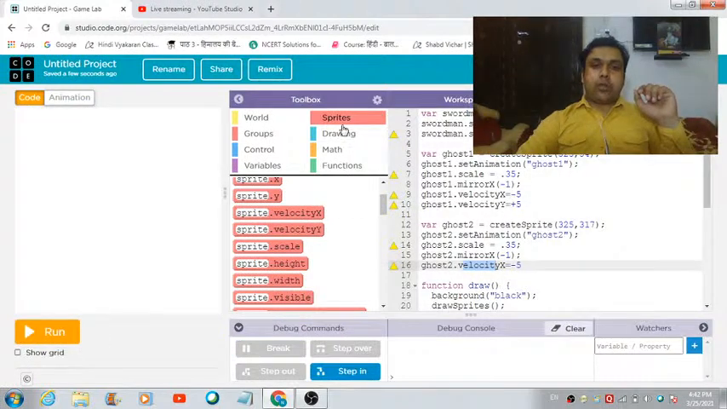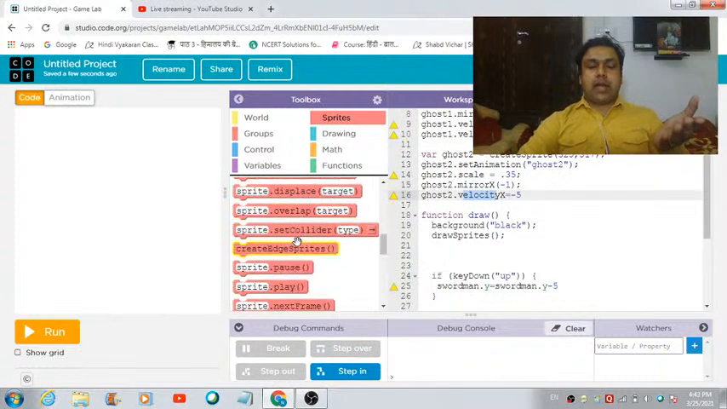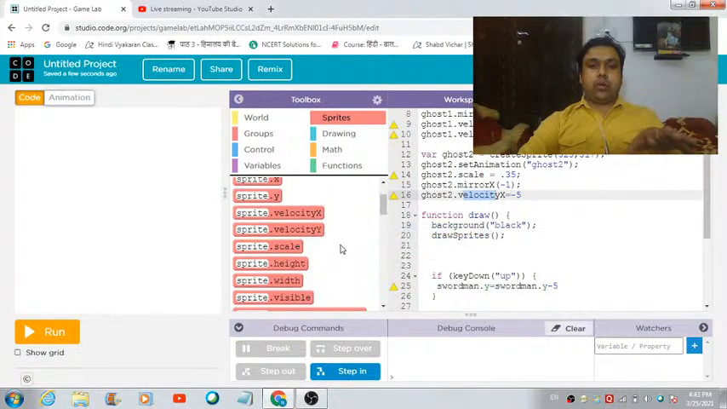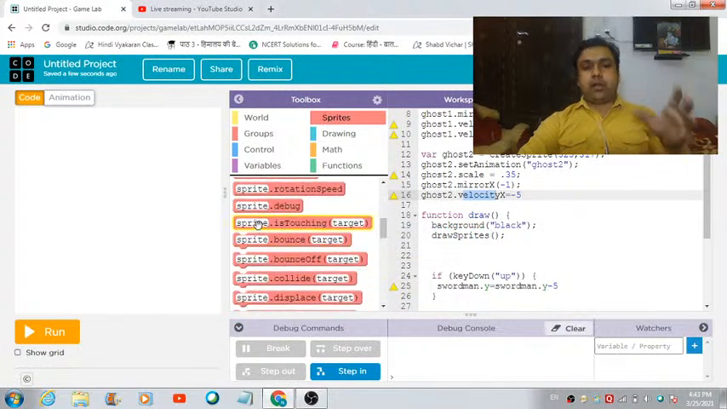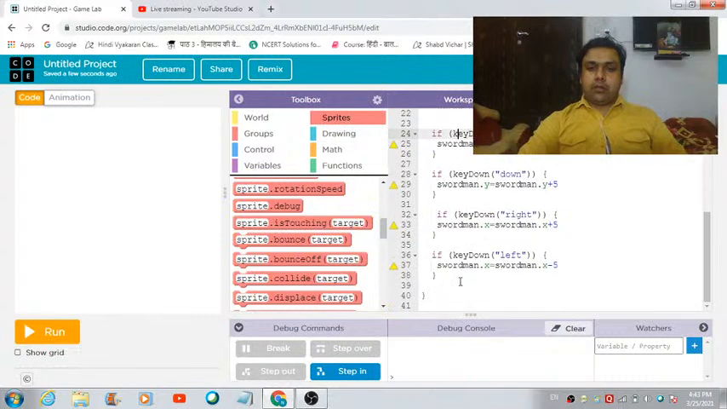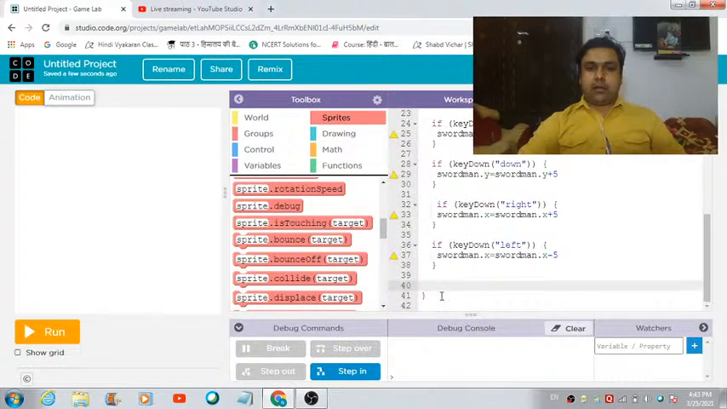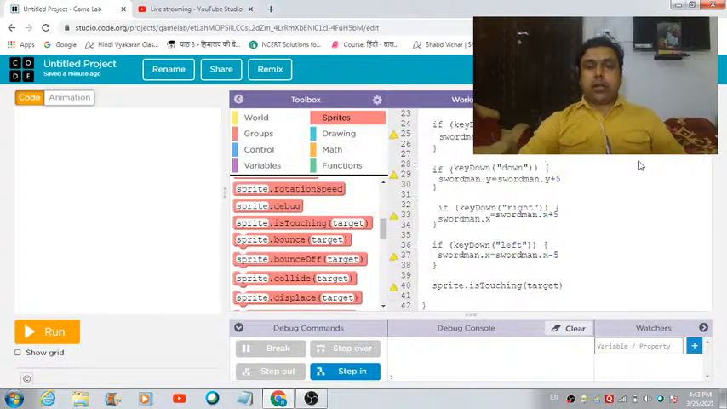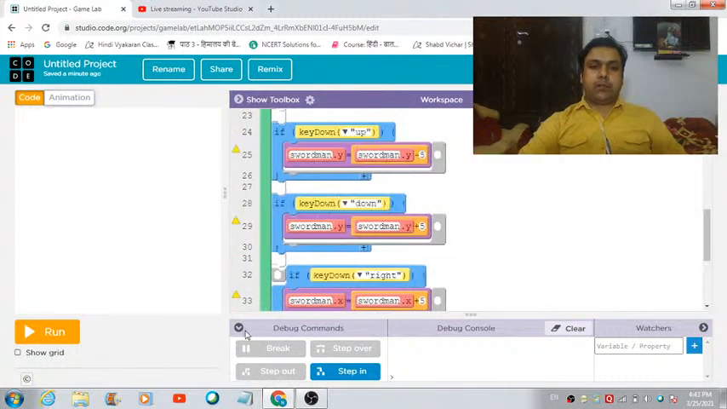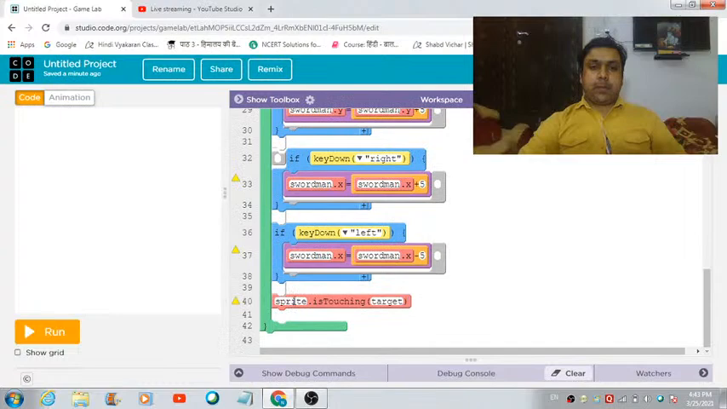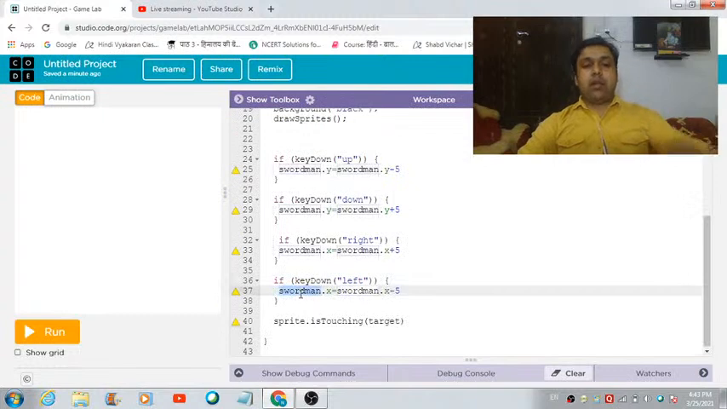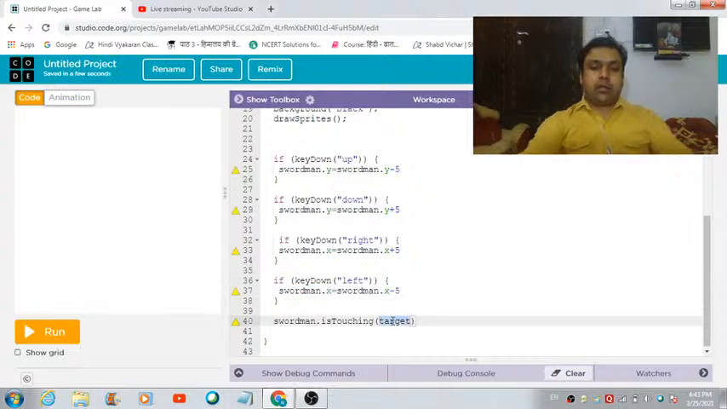Let's check it out. So in this sprite section, again we have a block with which we can keep a check on the collision part, and the name of that block is sprite.isTouching. I am going to put it right in the bottom. Let's put it over here. I'm converting it into block-based coding. Okay, let's come down and replace this sprite with the name of that variable in which we have saved the swordman sprite. So it is swordman. So when the swordman hits ghost 1, I would like,